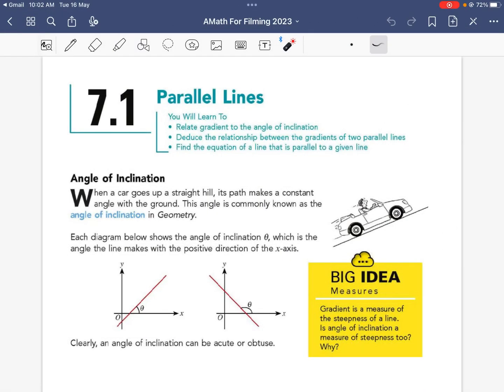Today we're working on 7.1 parallel lines. Okay, the very first thing that we want to learn about parallel lines is the concept of the gradient itself. So basically the gradient, as you have learned in secondary 1 and secondary 2, is about the slope